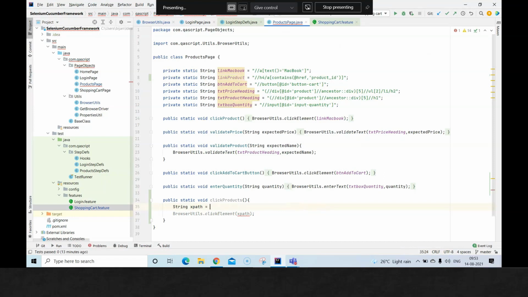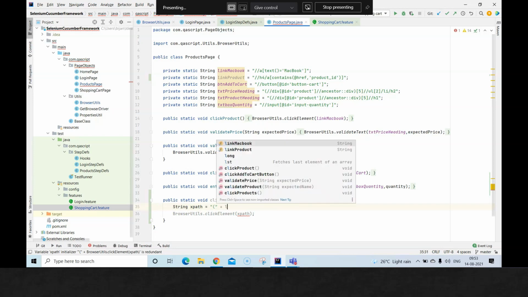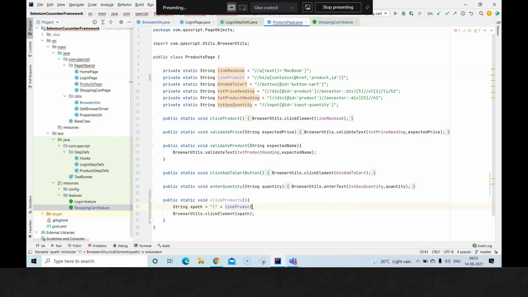So what we can do here is first put a round bracket, and we'll concatenate it with our existing string, right? So link product, and that will add the first round bracket, but how will you add the last round bracket? For that, again, put a round bracket here,